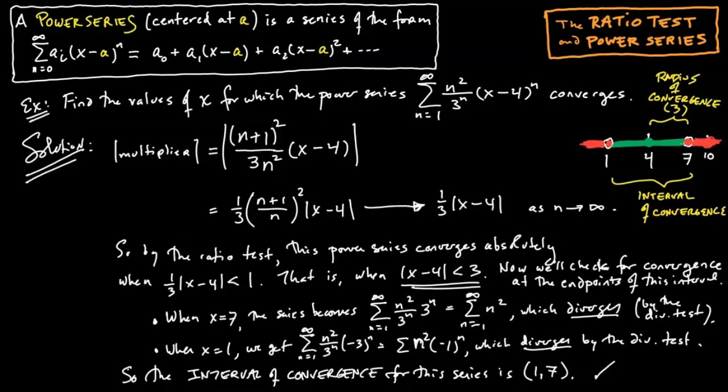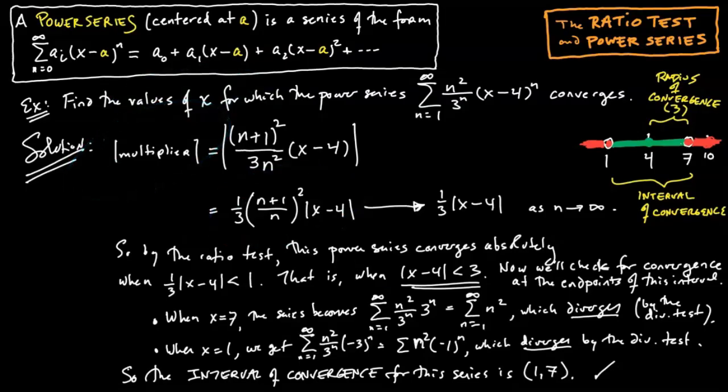A few quick thoughts before we look at a second example. One is that sometimes our interval of convergence will turn out to be an infinite interval of convergence, stretching from minus infinity all the way out to infinity. We'll see an example of that soon. That would be a power series that converges for all values of x. Those are very nice. The other thing I should point out is that when we came up with our multiplier